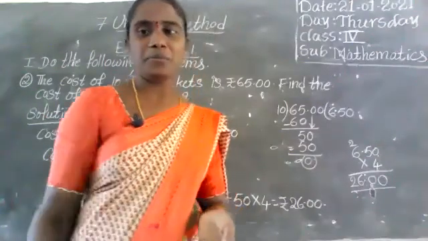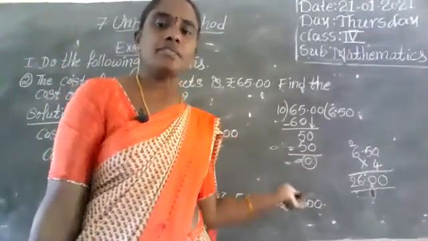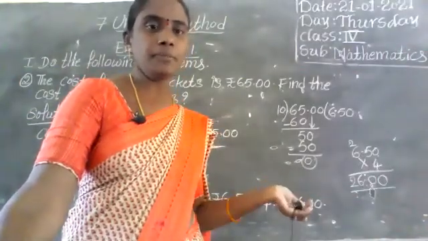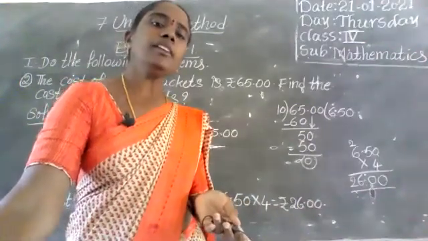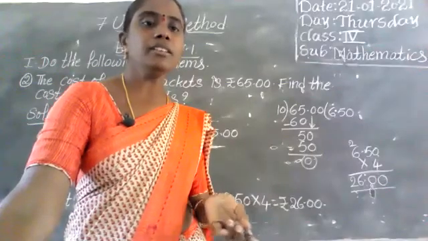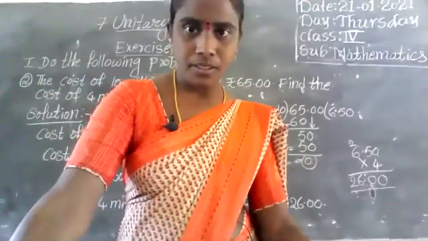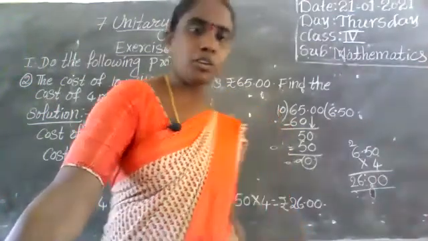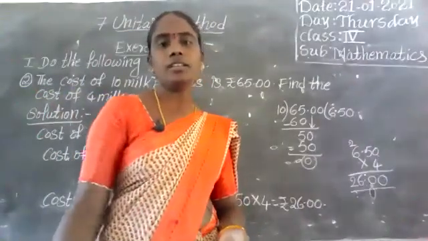Okay. Did you understand these problems first? Unitary method problems? Understand, teacher. Okay. First one and second one. Now homework is the third one and the fourth one. Try on your own and send me. In your CW, in your running notes, complete it and send me a pic. Okay, children? Did you understand? Alekia? Okay. I hope you understand, children. In tomorrow's class, I will explain the remaining ones. Okay. Thank you.